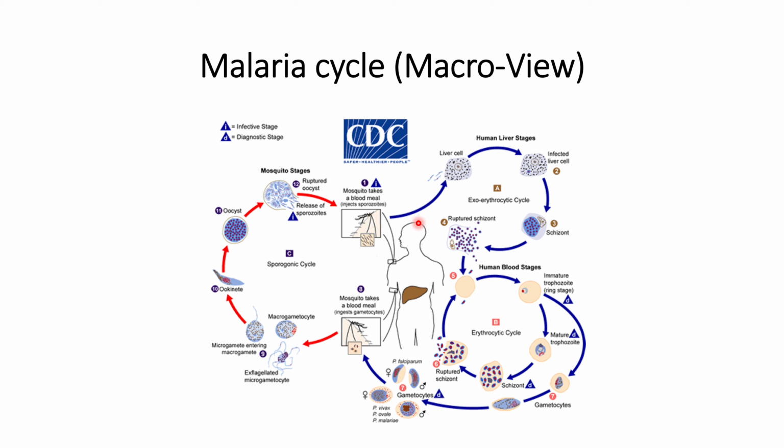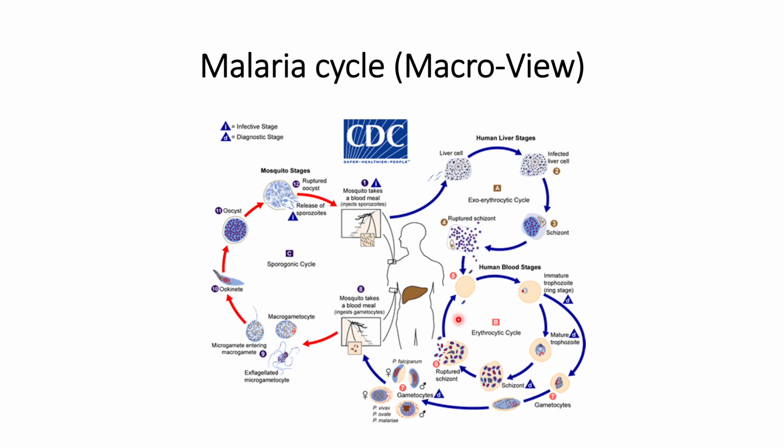And this sporozoite will then go into the liver cell where it will grow or infect the liver cells, and finally when the infection gets mature, it will form schizonts, and these schizonts will also start to grow, and finally they will rupture out of the liver cells, and these ruptured schizonts will then move into the blood and then circulate within the human blood